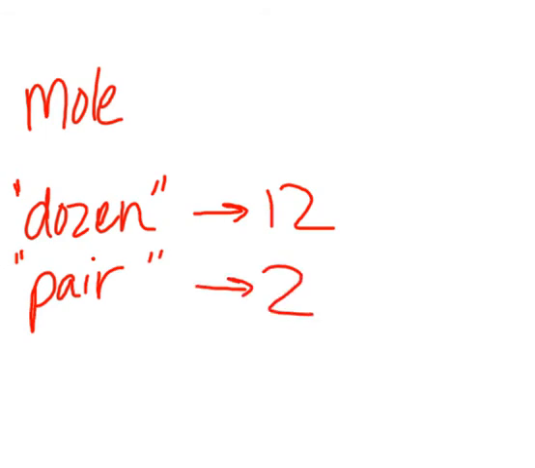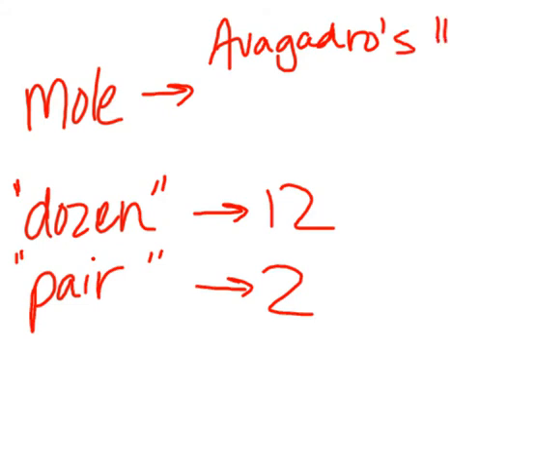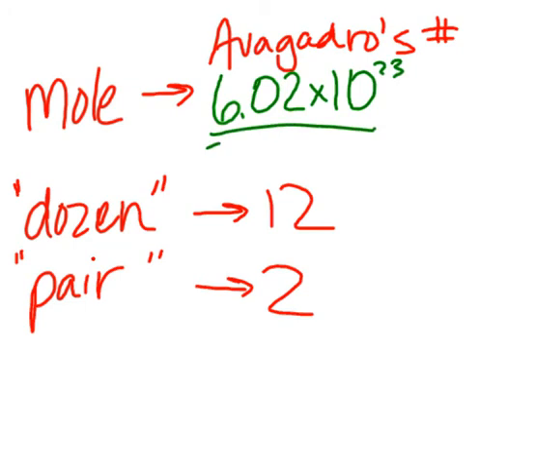The word mole is associated with a number known as Avogadro's number, which is 6.02 times 10 to the 23rd. So when you say a mole, I'm referring to this number. Just like if I was to say a dozen, I would say 12. If I was to say a pair, I would say 2. But Avogadro's number is 6.02 times 10 to the 23rd, and that is the number that is equivalent to 1